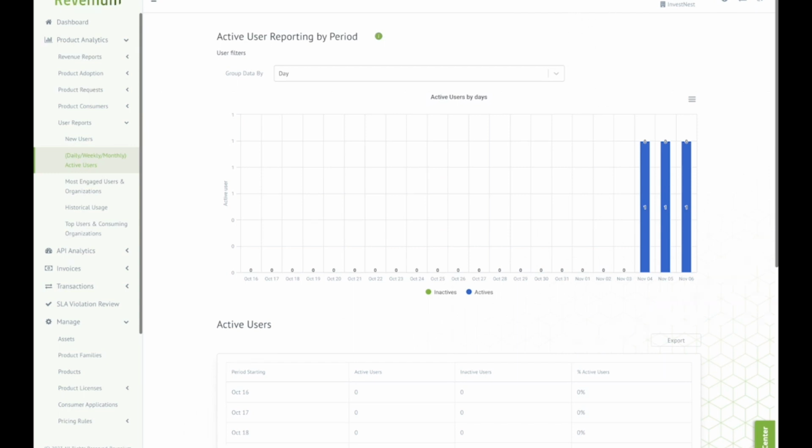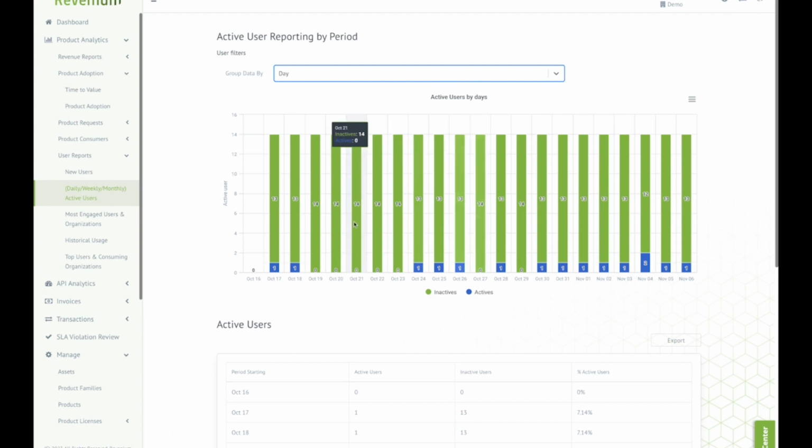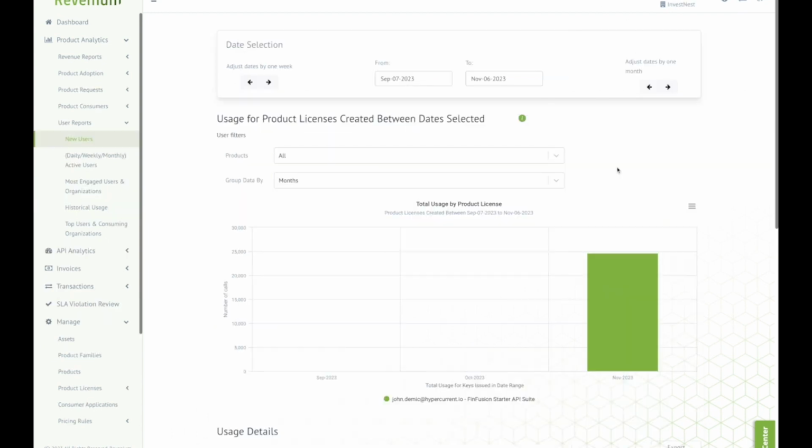Next, you can look at API user reporting by period. And I think I have a better usage of this graph here, yes. So I have one that's got a bit more data in it, where you can look at weeks, days, or months over time and see the number of users that are using your product and how that's trending over time. And then lastly, to drill down specifically into new users and look at new users between a specific period of time and see how much usage is generated in total.